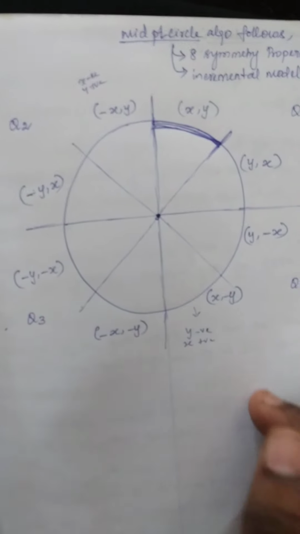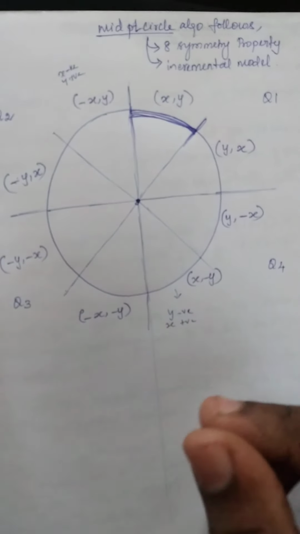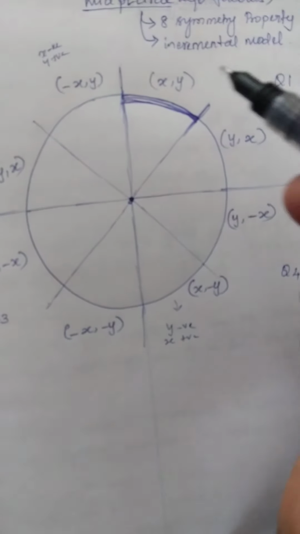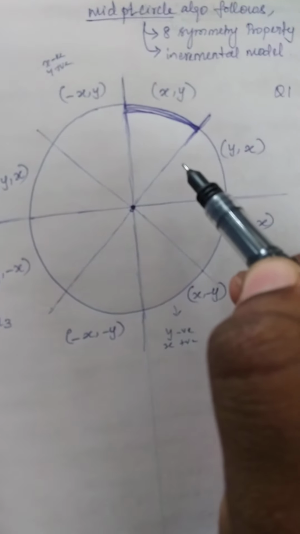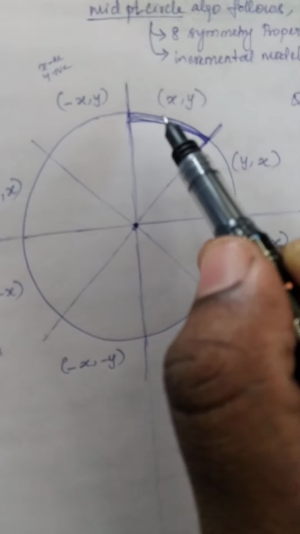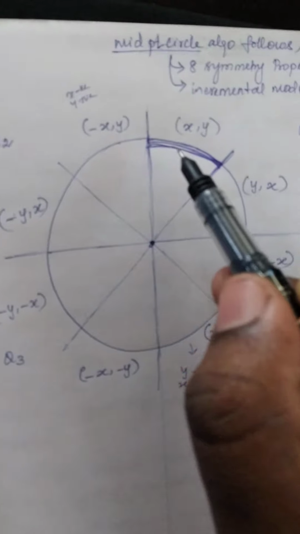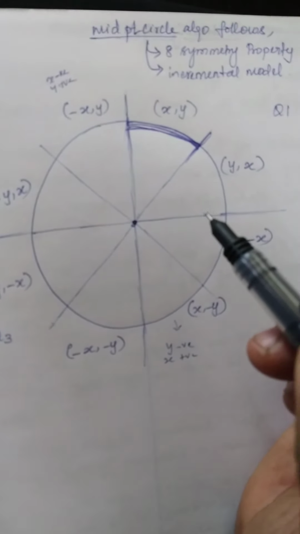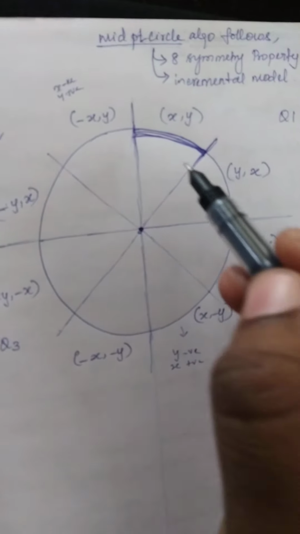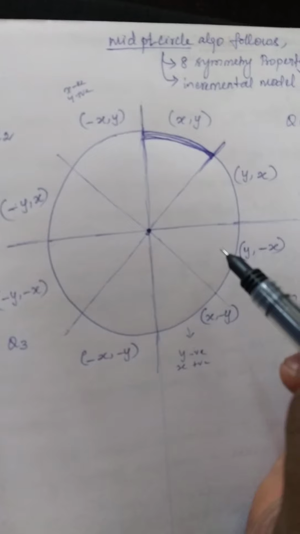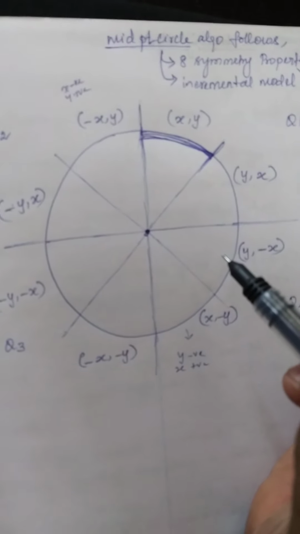Hello students, here we will be seeing the midpoint circle generating algorithm. Observe this diagram. This is the first octant, second octant, third octant and fourth octant. This algorithm is used to determine the points needed for rasterizing a circle. Here we calculate points in the first octant and then generate other points as the circle is symmetric.